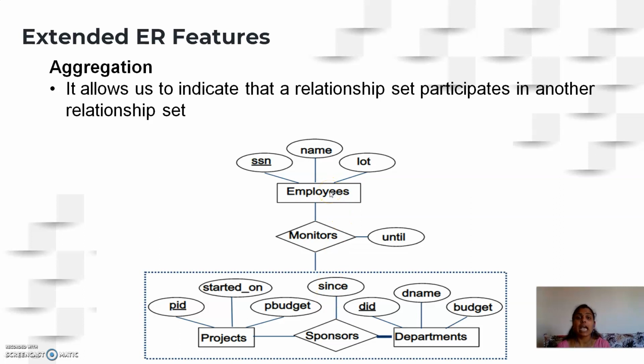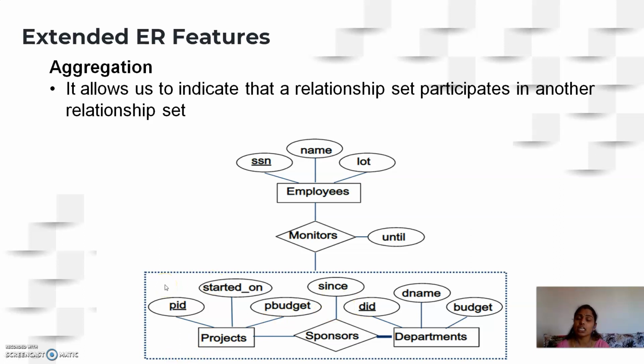Then the employees have to monitor this entire activity, not just projects, not just departments. You have to monitor the entire activity. So here we are considering employees and a relationship called monitors, which is monitoring the sponsors relationship. So are you connecting monitors to the sponsors? Yes, but instead of directly connecting this, we wanted to depict this as an activity being connected. That is the reason why we are aggregating the complete process, the entities and their relationship, into an aggregated value.